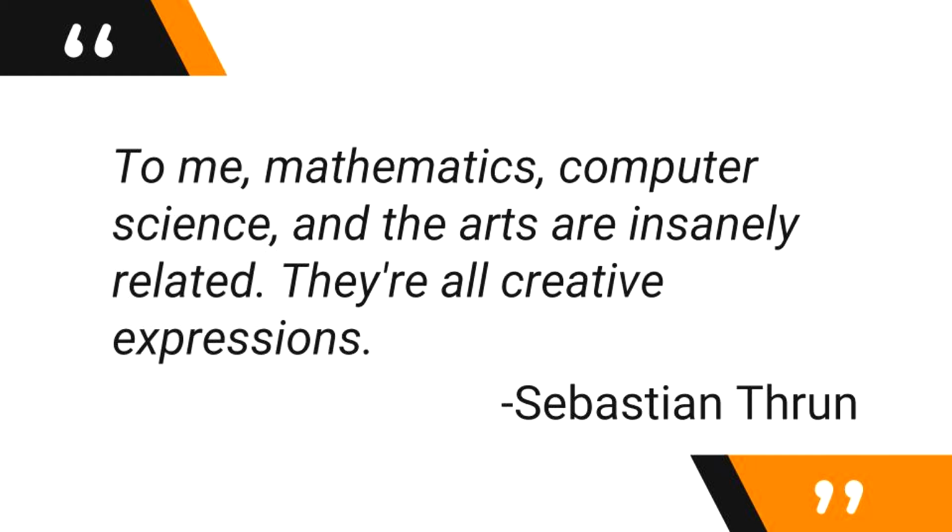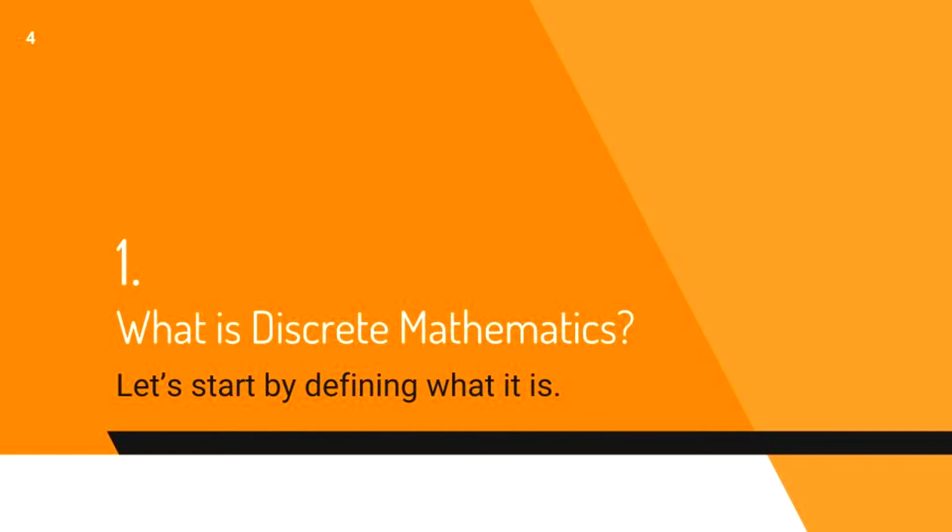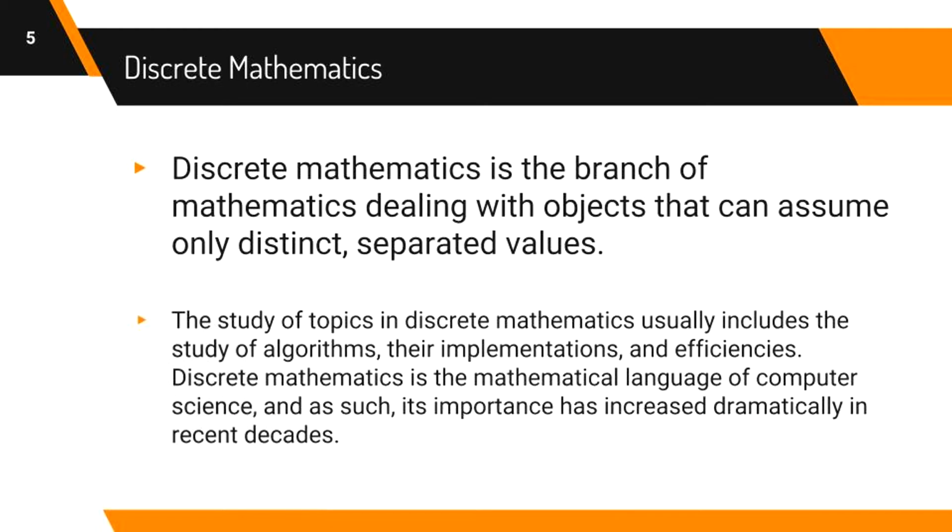So one question you might be asking yourself is, what is discrete mathematics? Well, let's start by defining what it is. Discrete mathematics is the branch of mathematics dealing with objects that can assume only distinct, separated values. It's actually been found that the study of topics in discrete mathematics usually includes the study of algorithms, their implementations, and efficiencies. And discrete mathematics is the mathematical language of computer science, and as such, its importance has increased dramatically